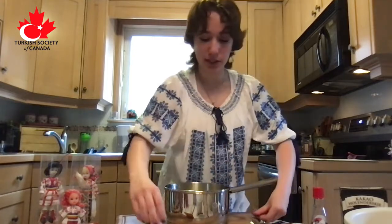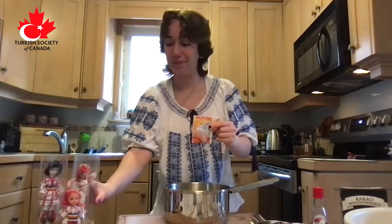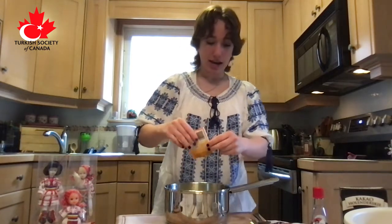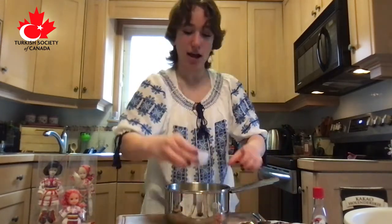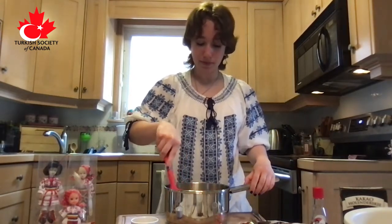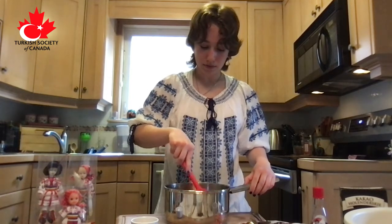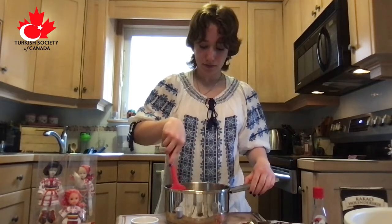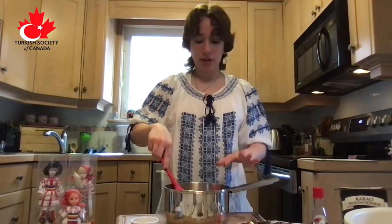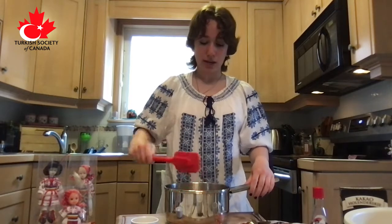And so now what I'm going to do is add the vanilla sugar. Okay, so now I'm going to add the vanilla sugar into the mixture, and I'm also going to add the vanilla extract, and just mix it around. I'm going to use my spatula and just mix it around. Okay, and because it's hot still, all of the vanilla extract will get a little bit cooked, as well as the vanilla sugar will dissolve into it, and it'll make it nice and sweet. And so now, once we have that,